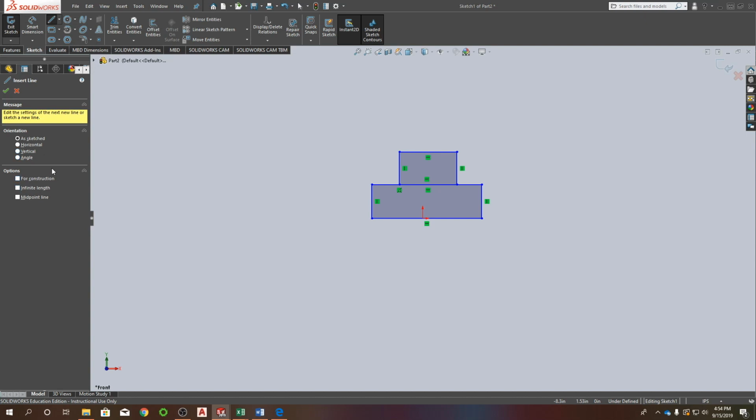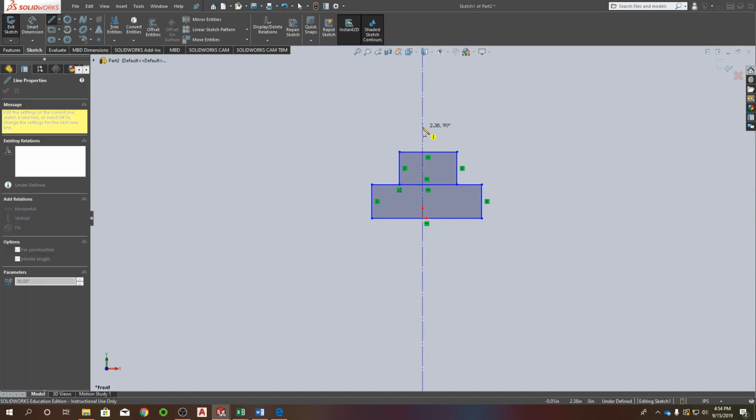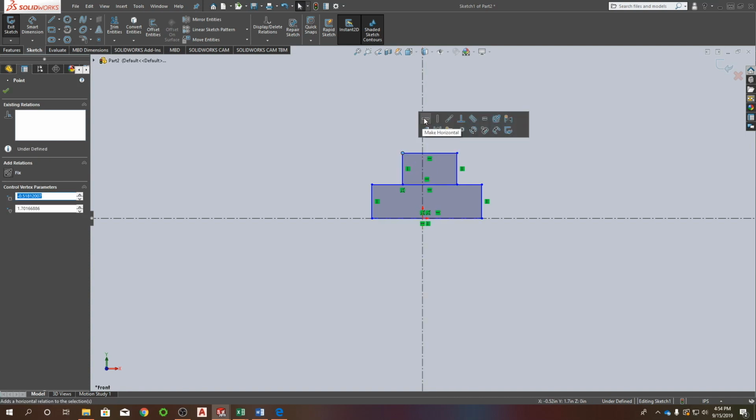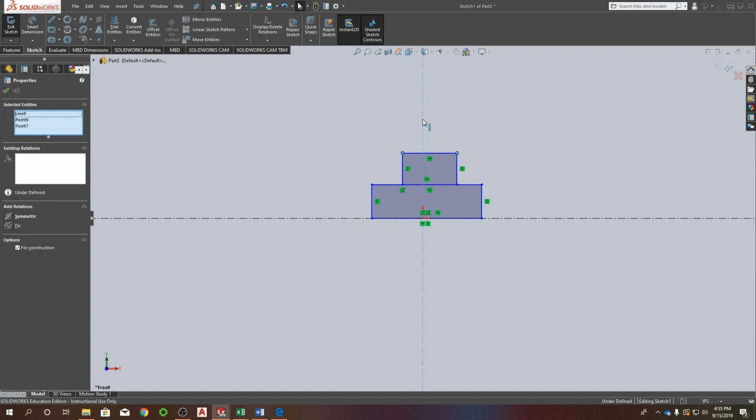Over here on this left you have some options, you can click on for construction, and then I also click on infinite length. If you don't do that, it's just a line segment like this, but it's a construction line. I'm going to set this here, and also set one right here. So I want these points to be symmetrical about the center line here. So I'm going to select this point, and then select the symmetry line,